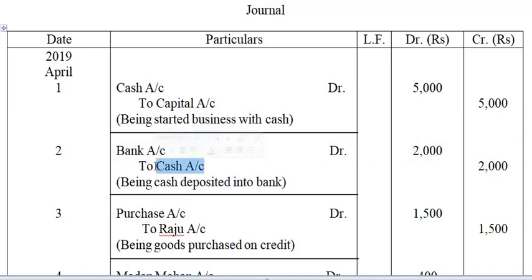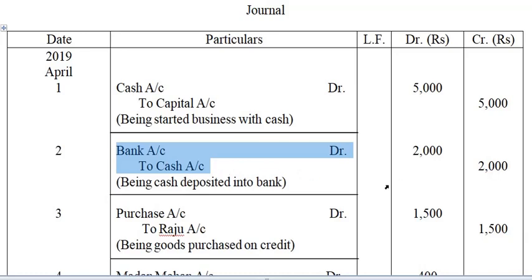When you deposit cash into the bank, cash actually goes out of your pocket. Cash gets decreased. Cash will be deposited into the bank account, so cash is going out. So here it will be credited. But if you pull out money from the bank for office purpose, then the entry will be just the reverse of it. So it will be cash account debit to bank account, and the golden rule will be the same. Cash will increase, that is cash comes in, debit, and the bank will be credited.